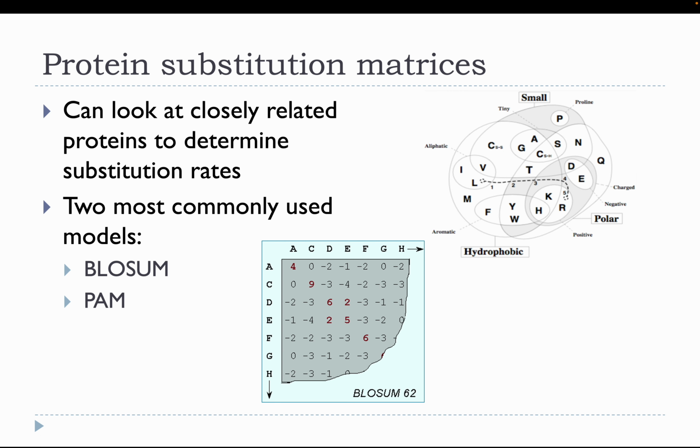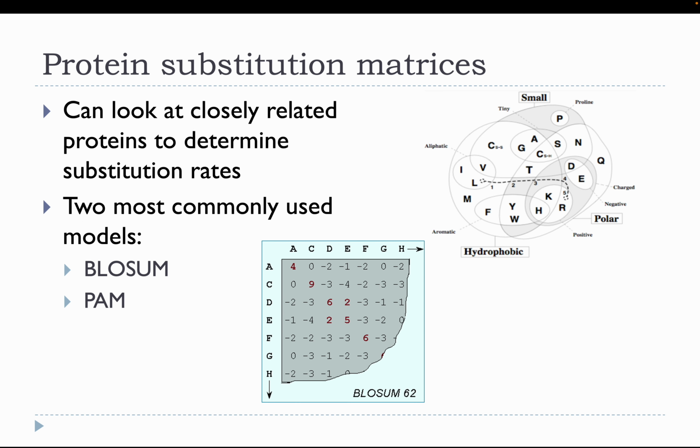Another thing that we have to take into account when we're looking at sequences is that we tend to use amino acid alignments primarily when we're looking particularly at function of proteins. And it turns out that not all amino acid changes are equivalent. So I'm assuming you've all done a little bit of biochemistry, so you're kind of vaguely familiar with the idea that there are different ways in which you can categorize amino acids according to their functional properties